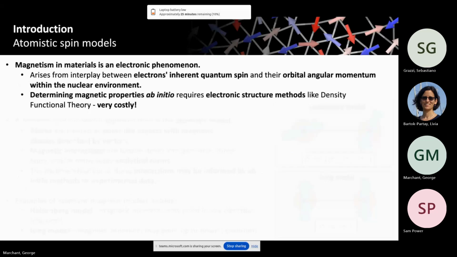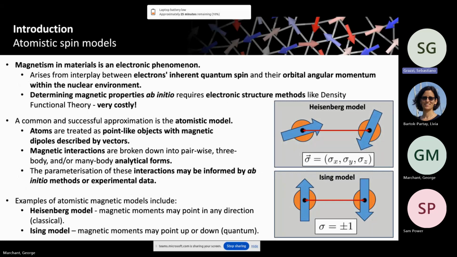So atomistic spin models, a lot of you are familiar with these. We've got the Ising model there. And alternatively, you can go for a Heisenberg model where the spins can point in any direction. But ultimately,